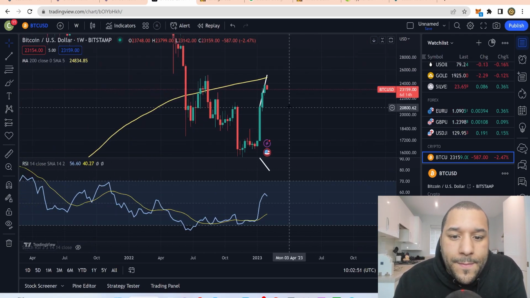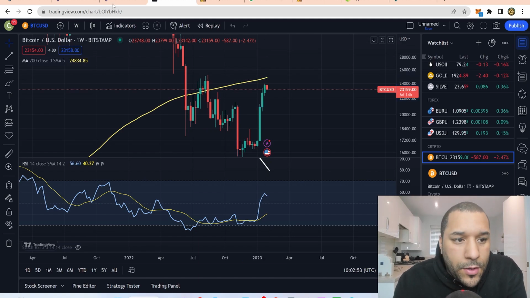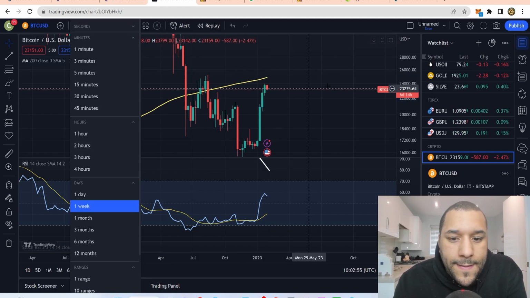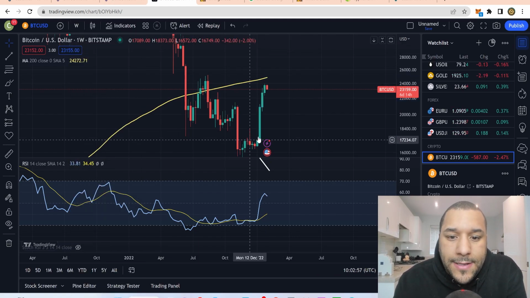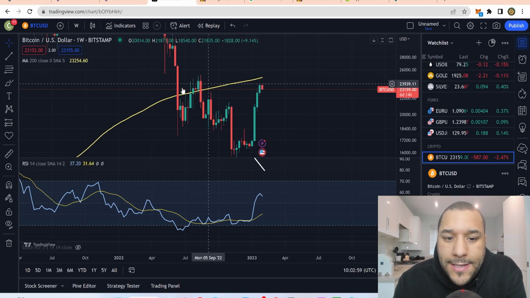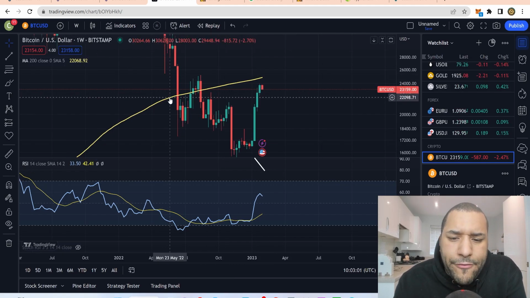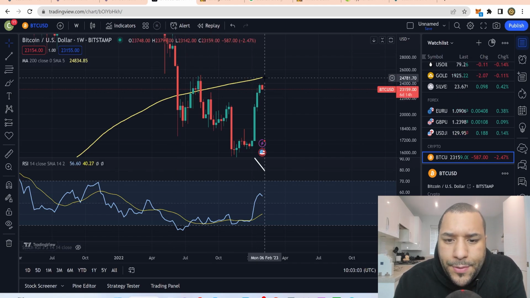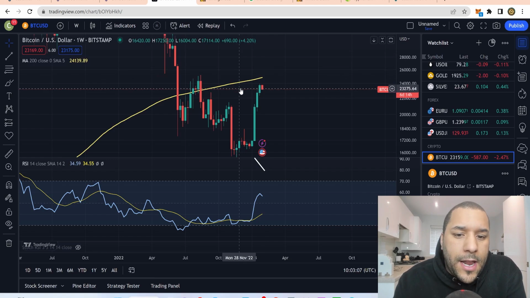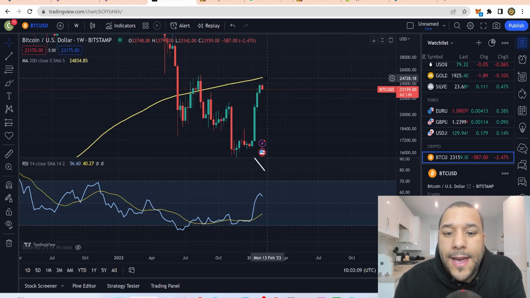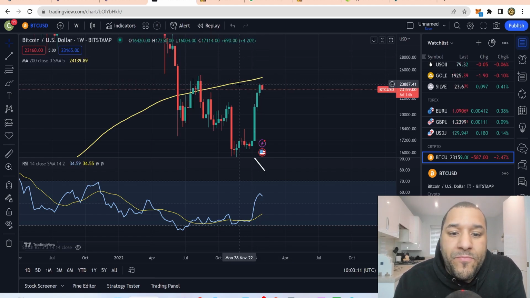So this is the weekly time frame now. The 1 week, see here, W, right? The week. And this is Bitcoin's price, because I was saying to you guys, pay attention to this line. I think I had it red at the time. I've changed it to yellow. I said that because it's hovering around $24,500, something like that. Now, we haven't got up to this yellow line yet, but I thought if we did, this would be the